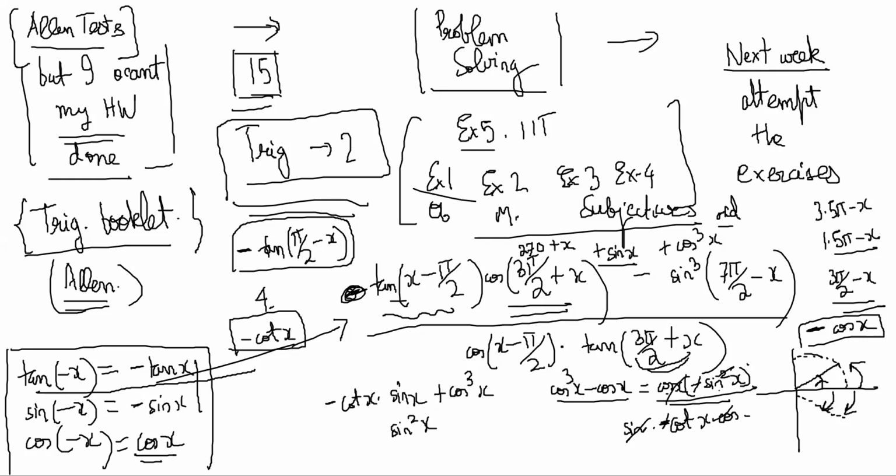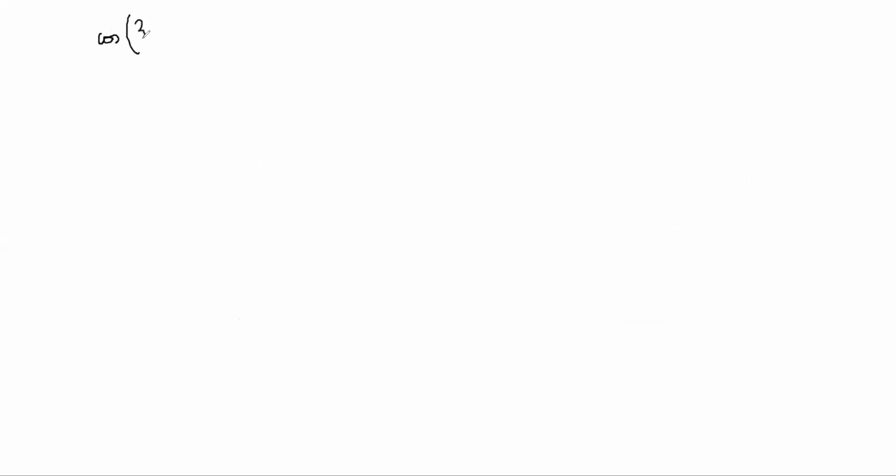The answer is... Is the answer key there at the end of the book for you guys? Yes, it is. Okay, thank God. Fourth is D, I think. Yeah, it is D. So you understand how we did it? It is just the rules that we had learned earlier, how to change something like 3 pi by 2 minus x. This will be the third quadrant, 270 minus x. In the third quadrant cos is negative, so it will be minus. And after that, the sign changes because it is an odd multiple of 90, so it is minus sin x.